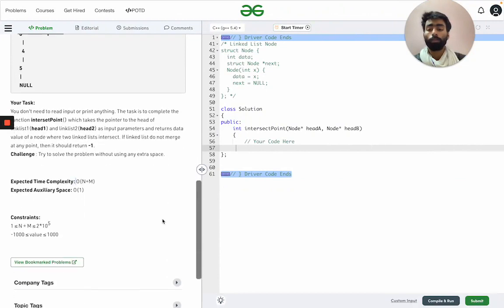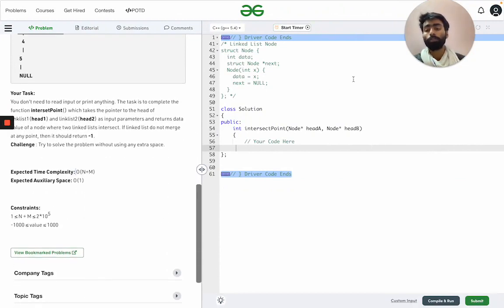But in the problem we are stated that we have to write the solution such that the time complexity is only n plus m. How can we reduce it?